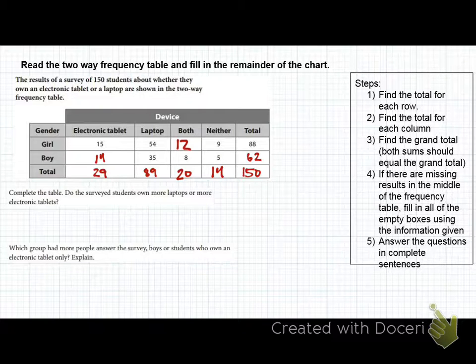Is this correct here, this 12? Okay, what's 88 minus 9? 79. 79 minus 54? 25. 25 minus 15? 10. We put a 12 here. Is this correct? No. Oh, man. I don't know who gave us that. That was wrong. Okay, so let's fix this.